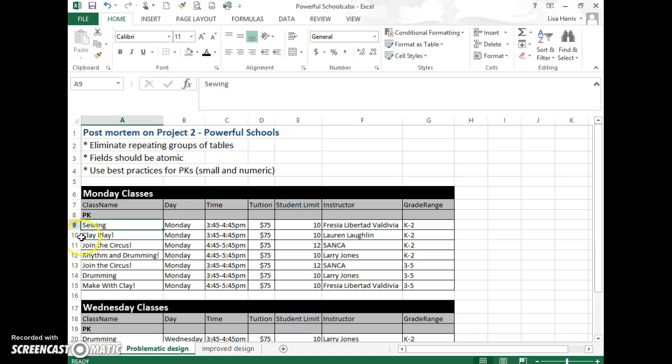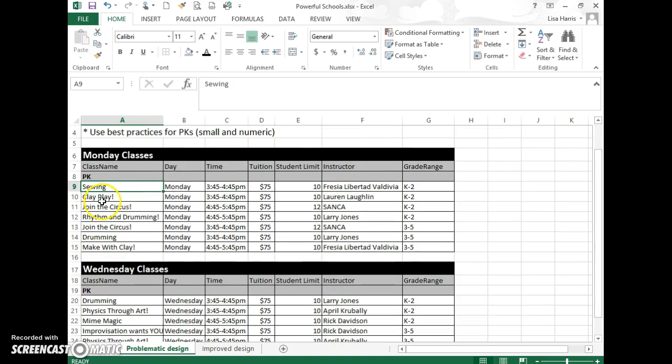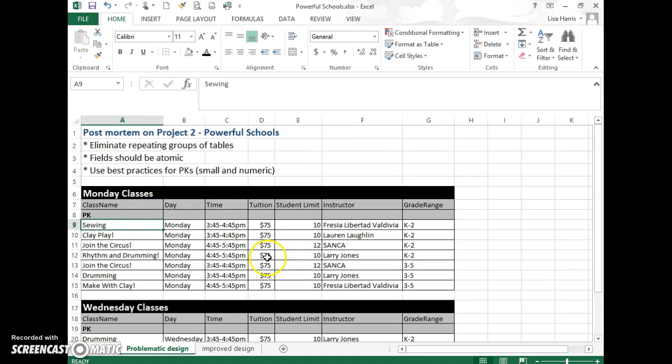And when you have to search a character field, it's much more time consuming than a small numeric field. So just a field that is class ID with 1, 2, 3, some sort of auto number is an ideal design. There are a couple of other issues that came up that I didn't mention here, and one of those